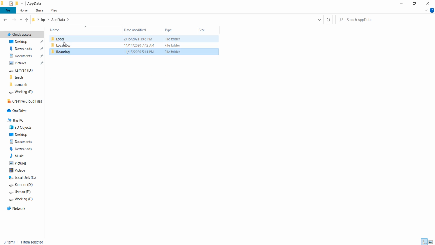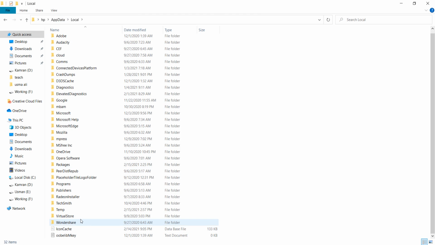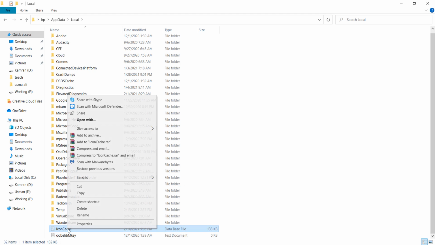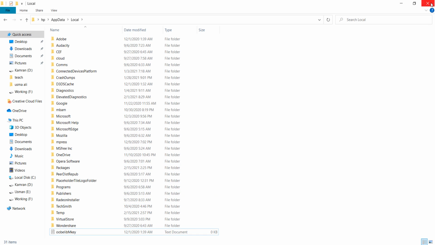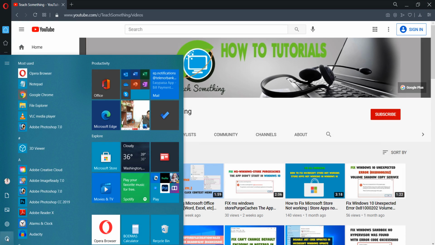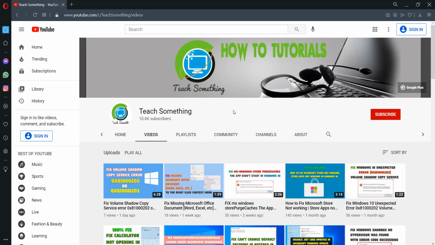After that, open the folder whose name is Local, and scroll down and find a file named IconCache. So select it and right click and click on the Delete button. After doing this restart your computer, and I am sure that after doing this your